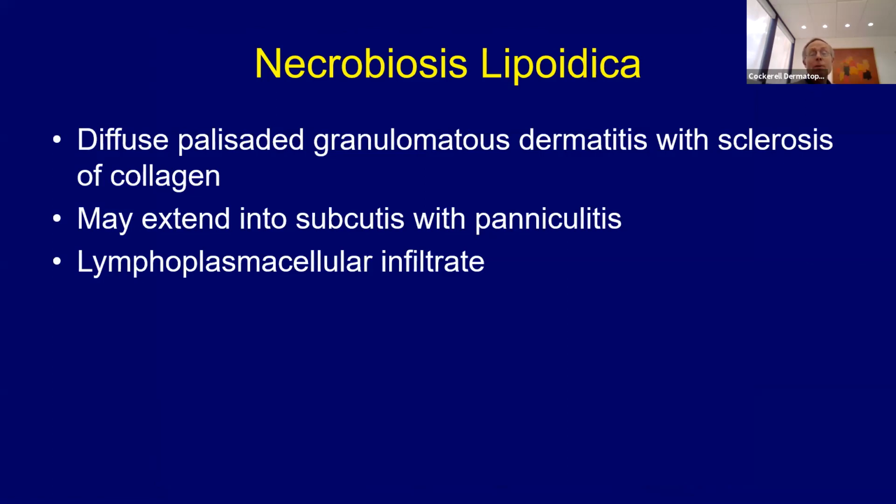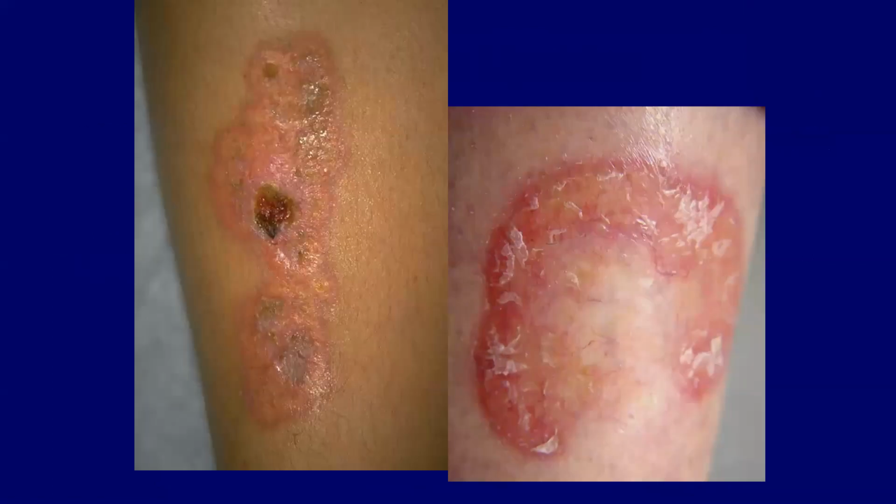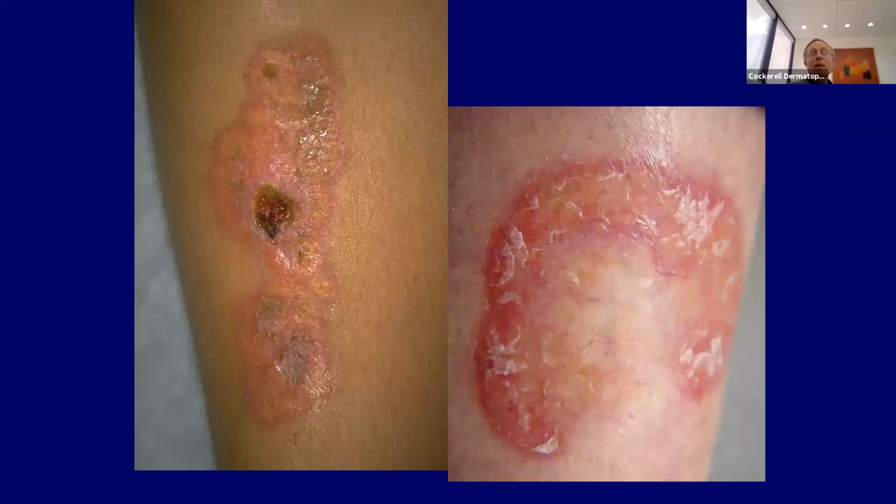Now, Necrobiosis Lipoidica, we don't generally tend to think of this as being a panniculitis, but it can involve the subcutis. And once again, just like with any other sclerosing process, you can get a lymphoplasmacytic infiltrate. So these are some examples of the clinical